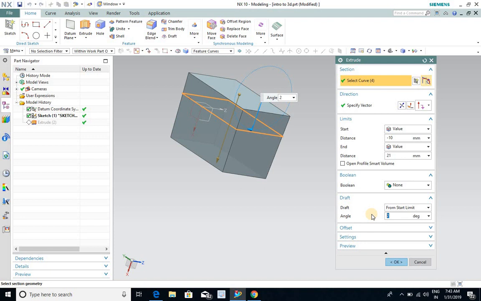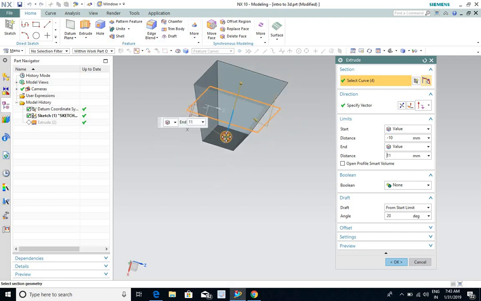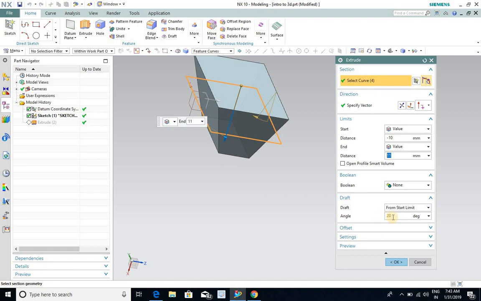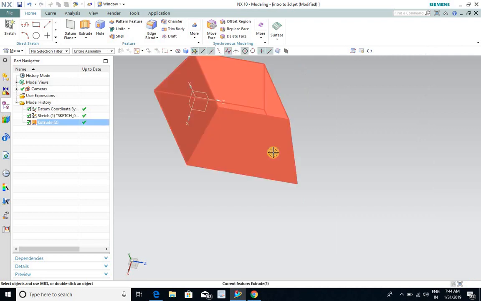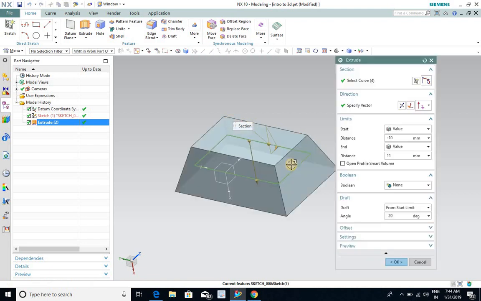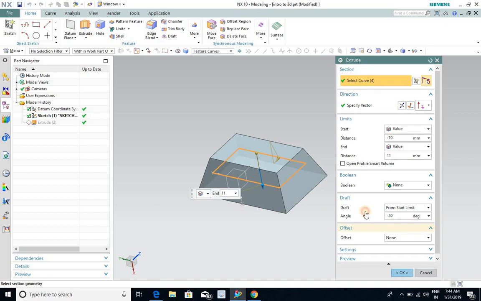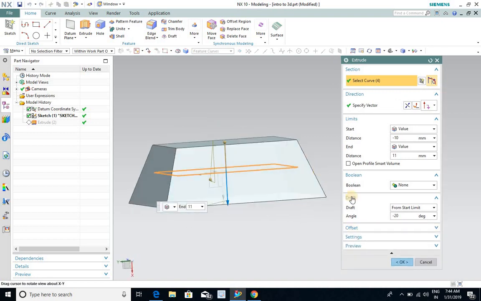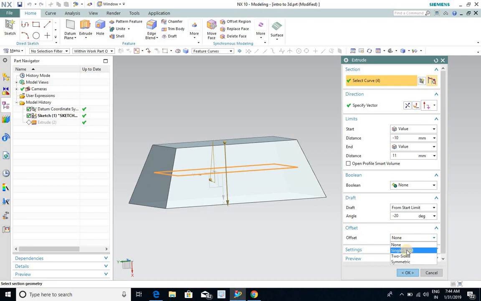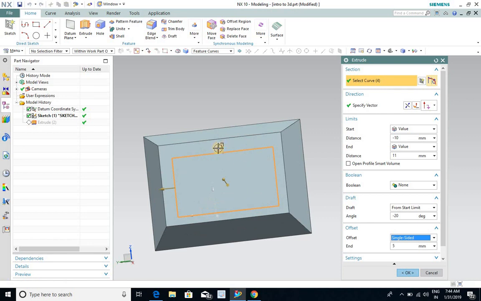Draft angle means you can draft your face inside or outside. Suppose I'm drafting at 20 degrees. It will be drafted like this, 20 degrees inside. If you want to draft outside, you can define it as negative. So the draft will be created outside like this. So you can extrude your model with drafting also. And you can also use offset, meaning if you want to offset your model up to its limits,